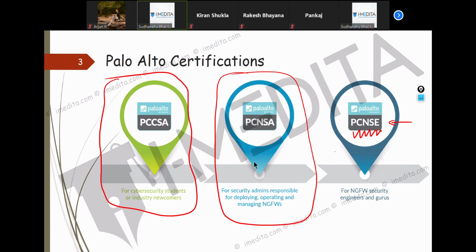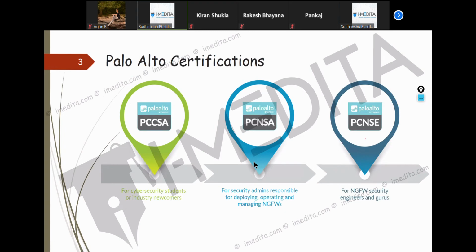Also there is no prerequisite. It's not like you need to give this certification exam, then this, and then only you can go for this. It's not like that. Before even Cisco, Palo Alto had brought this concept that you can go for any certification directly without any prerequisite if you feel like. So, from the certification exam point of view, if you want to go for this exam.